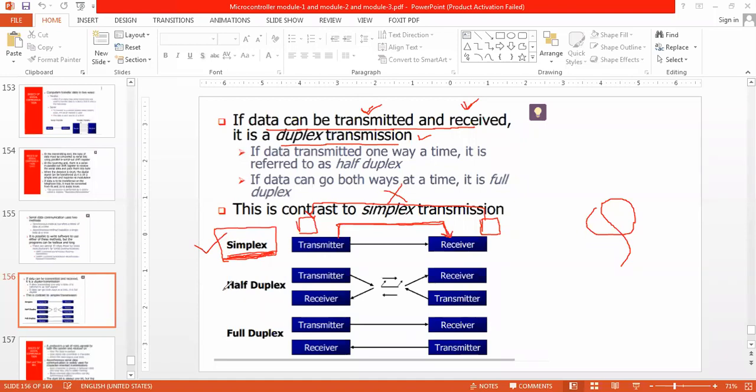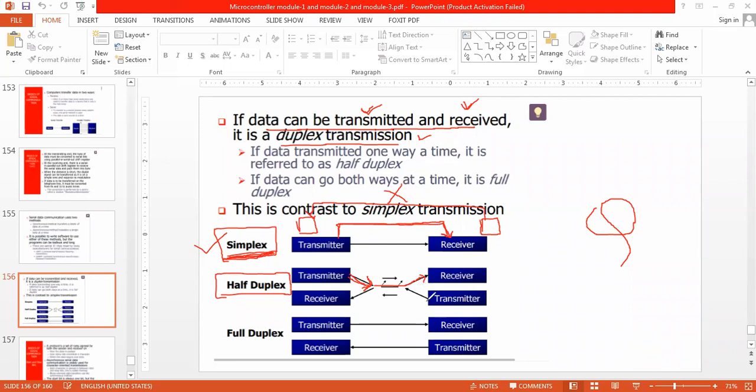Okay. Now, what is a half duplex communication? In half duplex communication, first I speak, then you listen. After my communication, I stop transmitting the data, I stop my teaching and ask for queries from you.